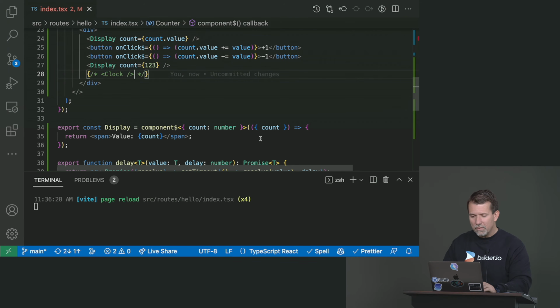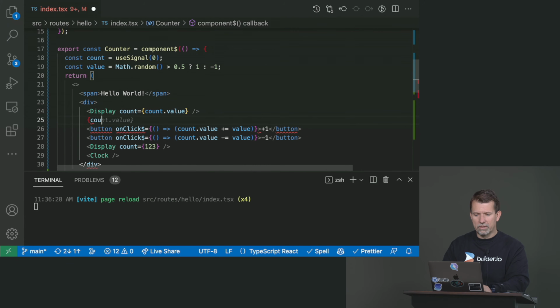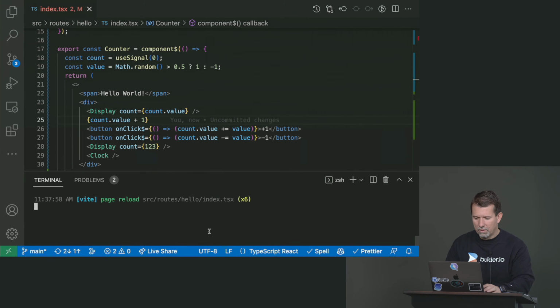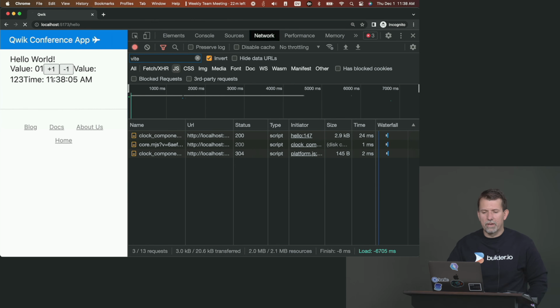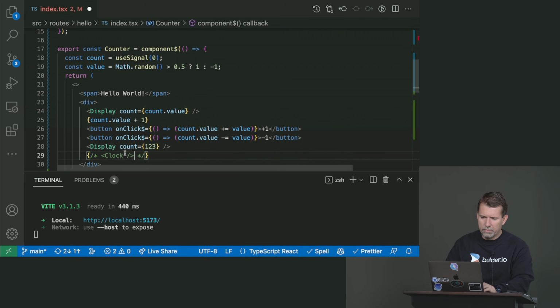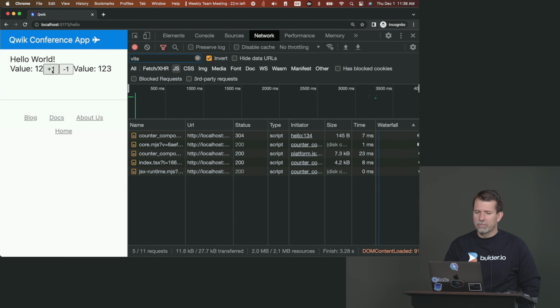Now, let's undo this bit and go props count. Okay, so let me show you another important bit. So let's say we actually print the count directly here. And let's say we cause a de-optimization by doing a +1 on here. And Vite is confused again. Okay. So, why do I have a clock in there? Oh, the clock's in there. That's what's happening. Okay. So when I click this button,